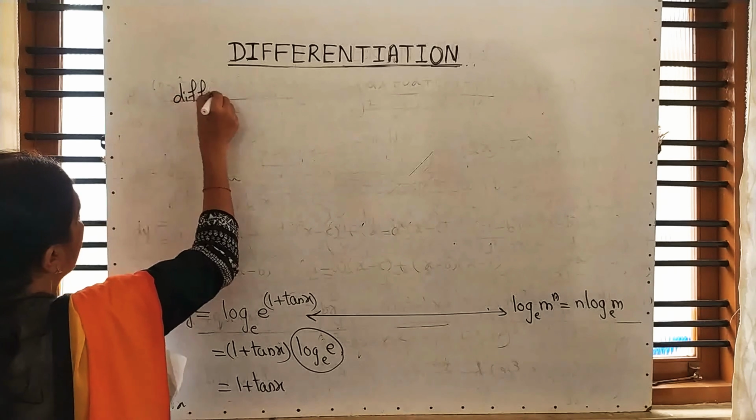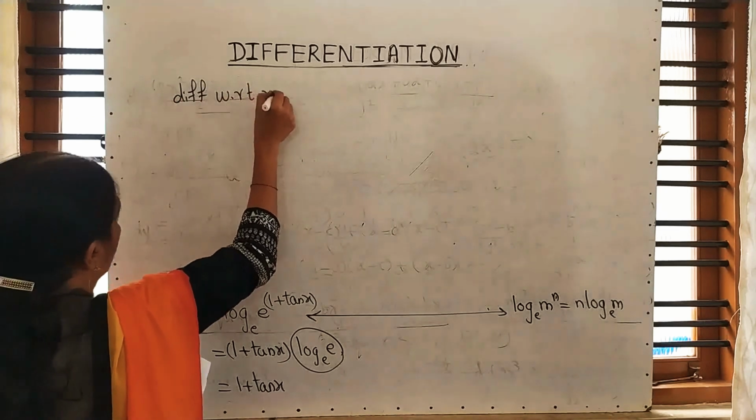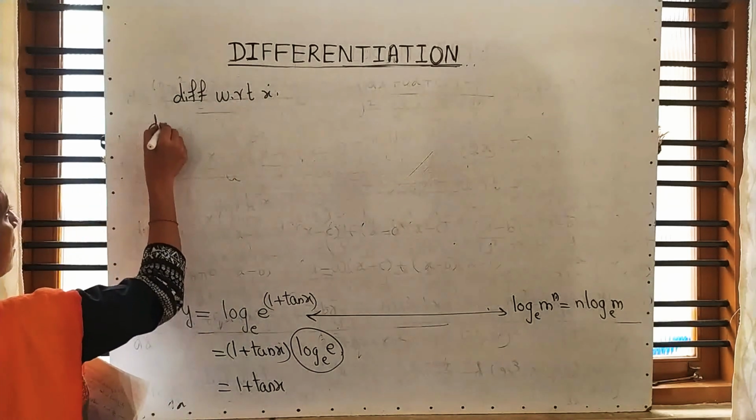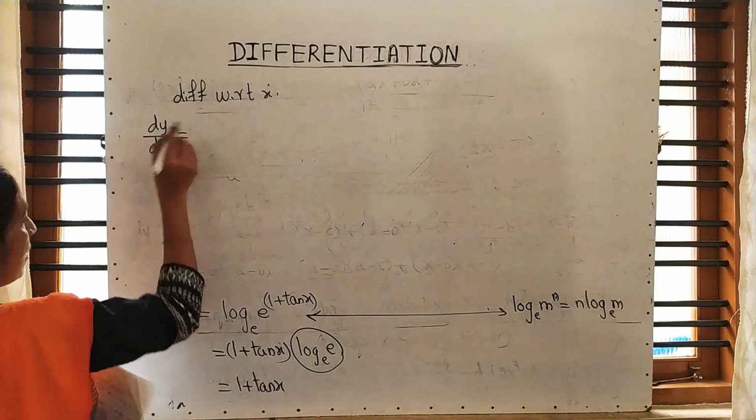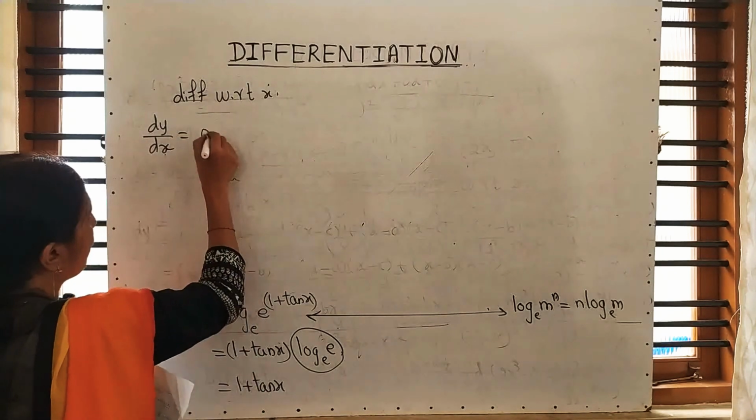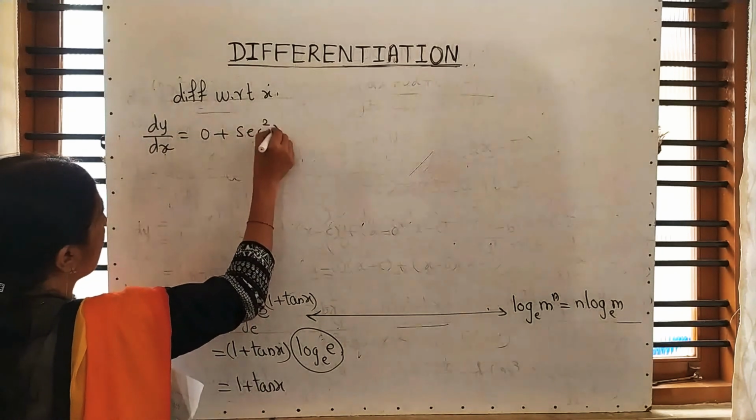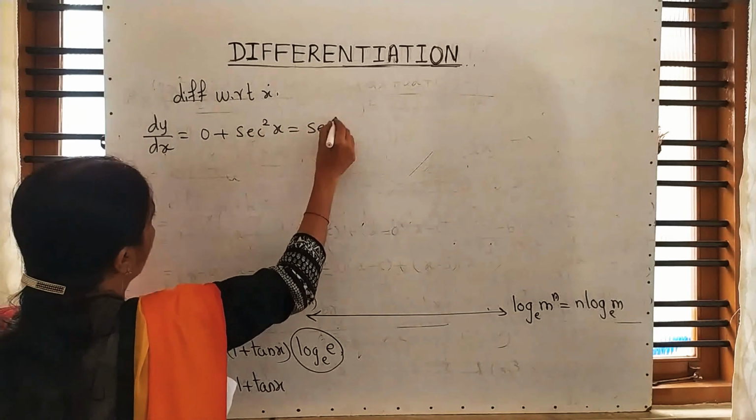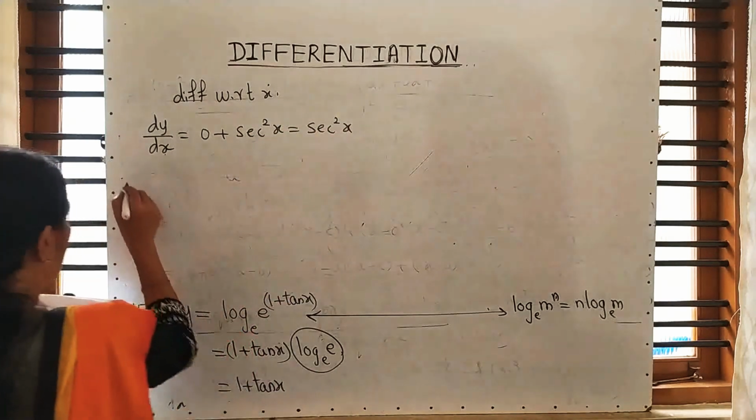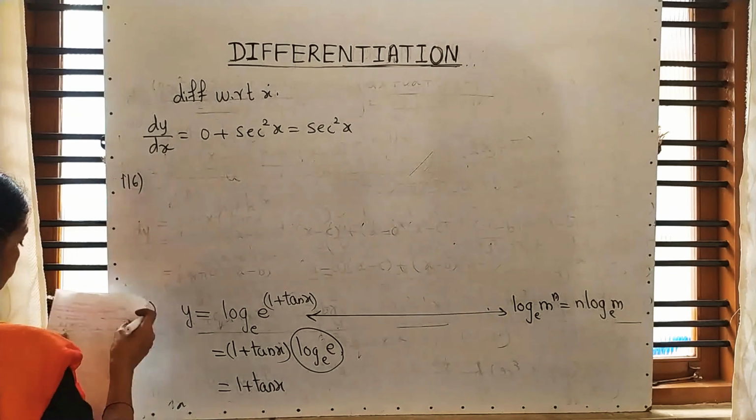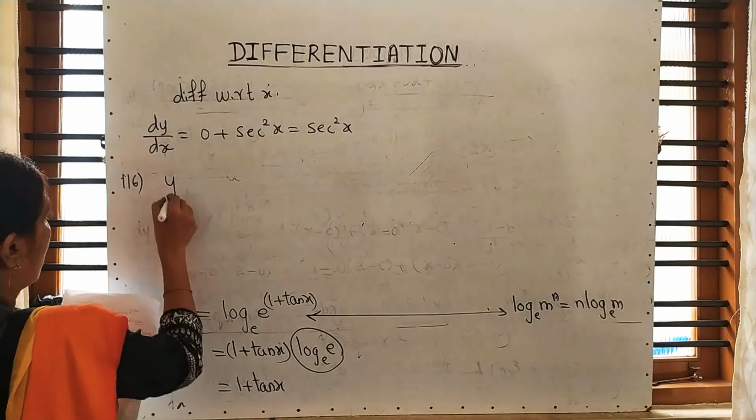Differentiating with respect to x, dy upon dx. Differentiation of 1 is 0, differentiation of tan x is secant square x. So finally we got secant square x. Is it interesting or what? Next, y is equal to